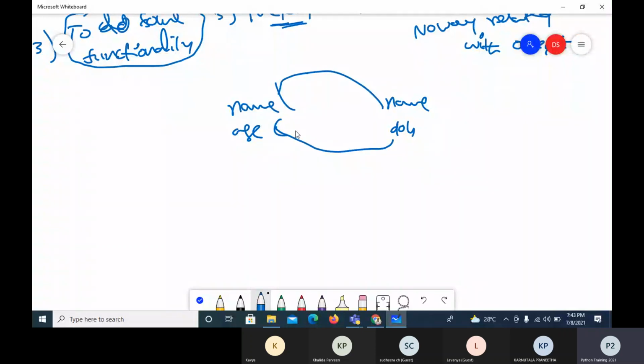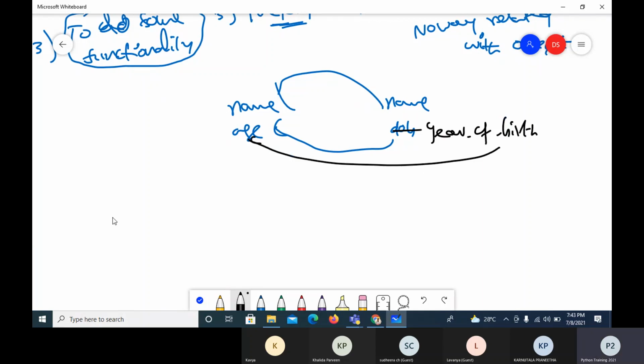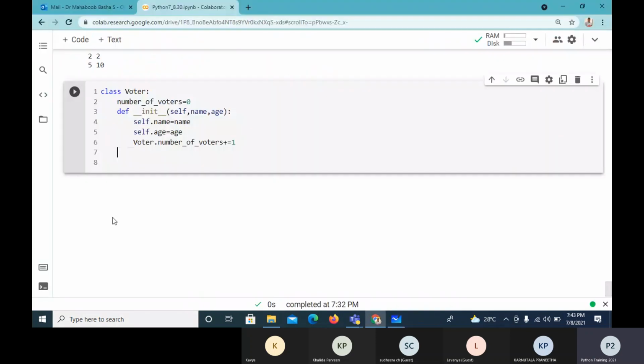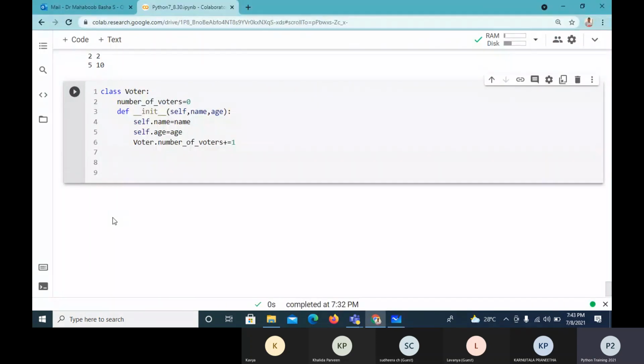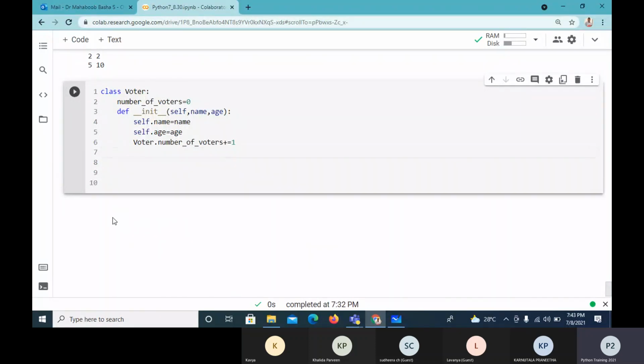To have such facility, instead of date of birth, which becomes a little bit complex, I want to make it simple. So I want to have year of birth. Now from year of birth, I want to get the age. So I'll create a factory method here. A factory method is not an instance method. When it is not an instance method, I have to have a special thing, which is a decorator. So the decorator I'll use here is classmethod.